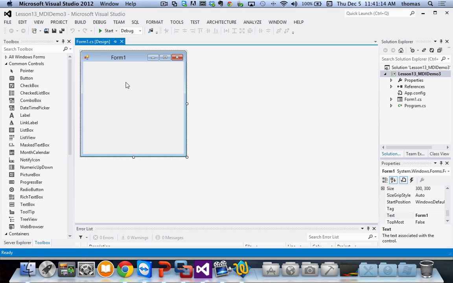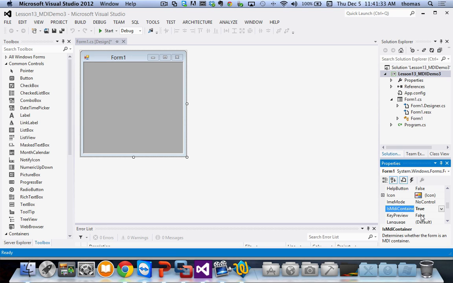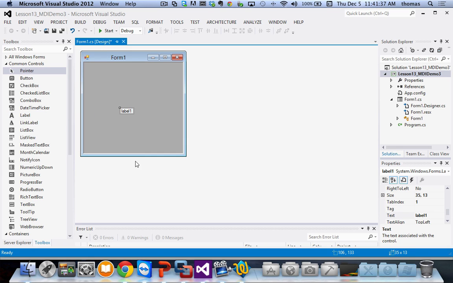Option 1 is you click on the form itself and you go to your list of properties in your properties window and you say, is MDI container? And you change this to true. When I do this, take a look. As soon as I do this, your form looks like this one second, and the next second it looks like this. So if you notice, if I take a label and I drop it on this form, it works,